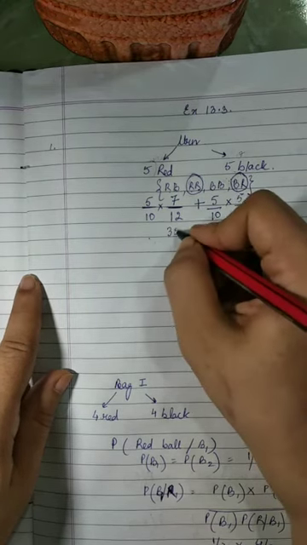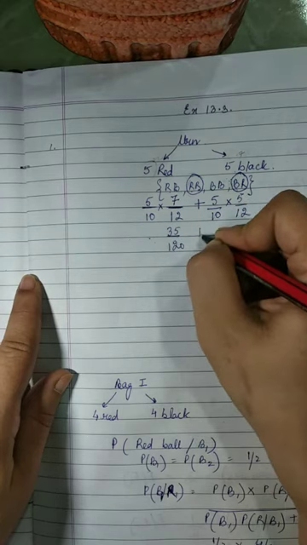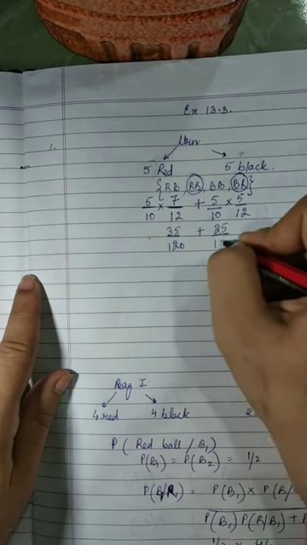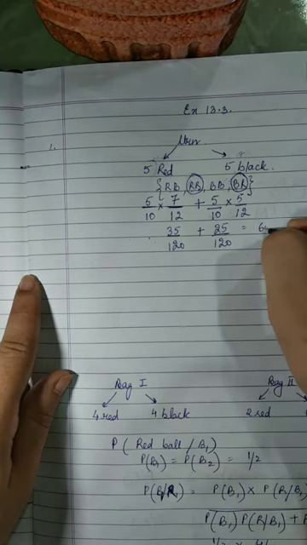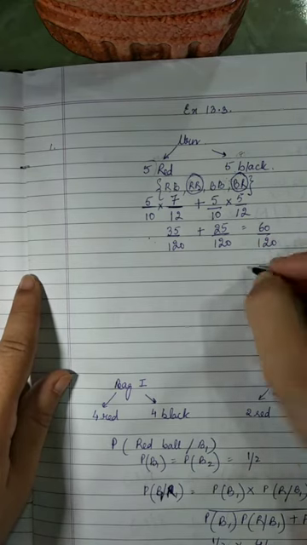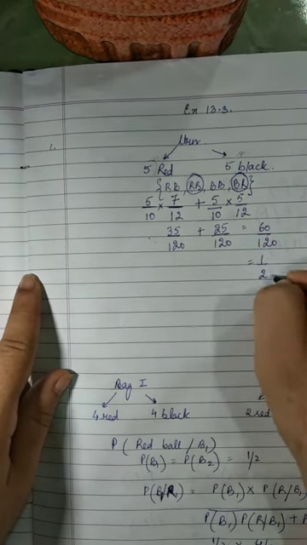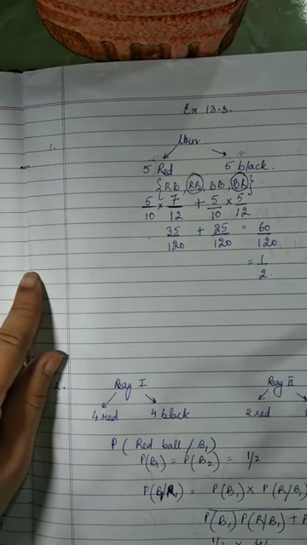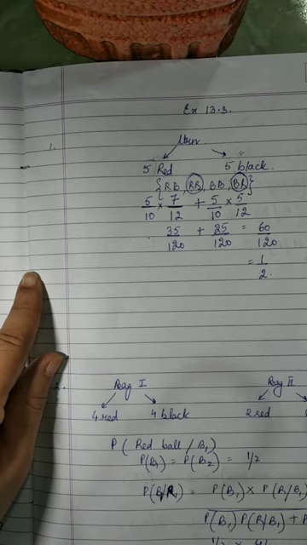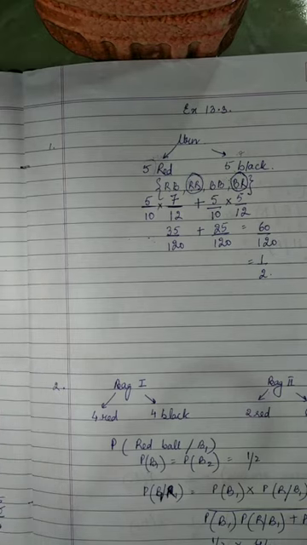So this is 35 upon 120 plus 25 upon 120. So this is in all 60 upon 120, which is 1 by 2. So this is one simple way of doing this particular question number 1, without the usage of the formula as such. Okay. Now, if I move on to the second question.